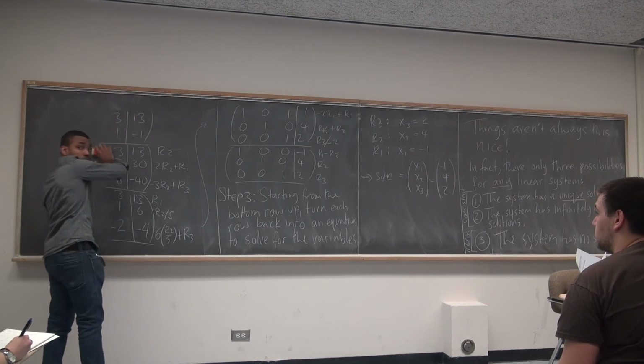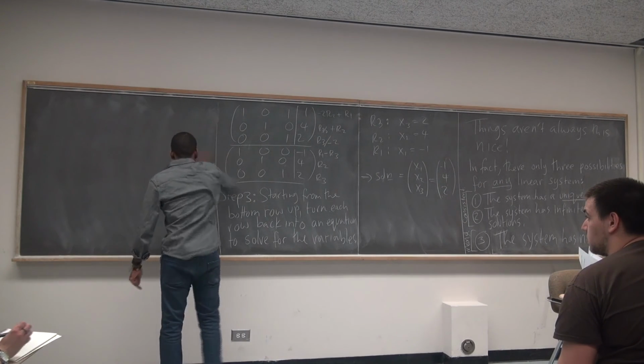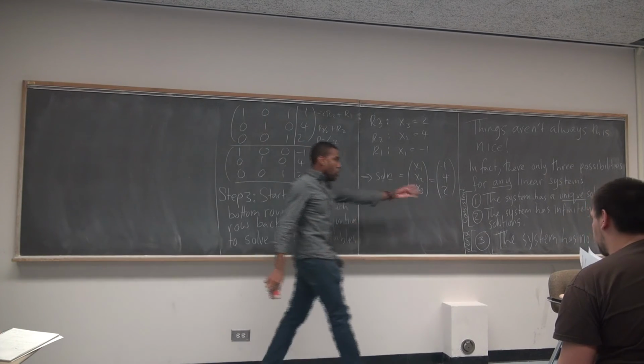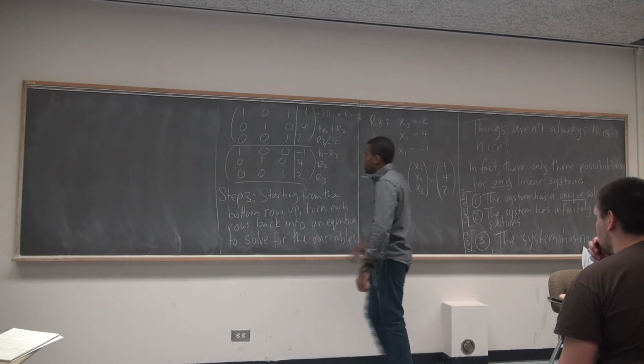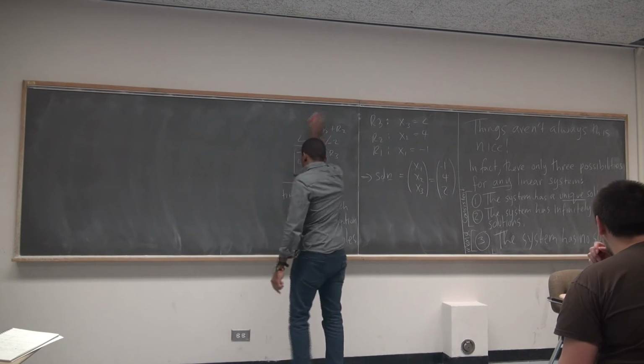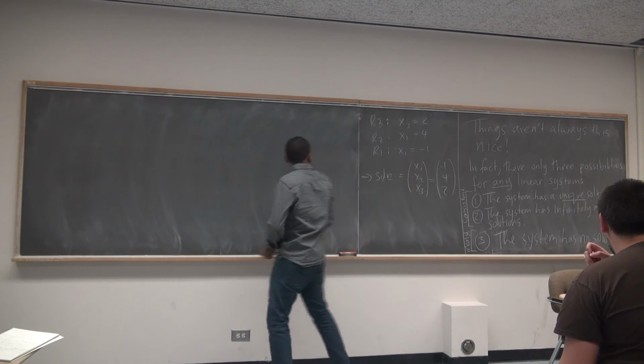Any questions so far? Okay, so for any linear system, one of 3 possibilities will be true. You have a unique solution, infinitely many solutions, or no solutions. In fact, I can probably illustrate this in